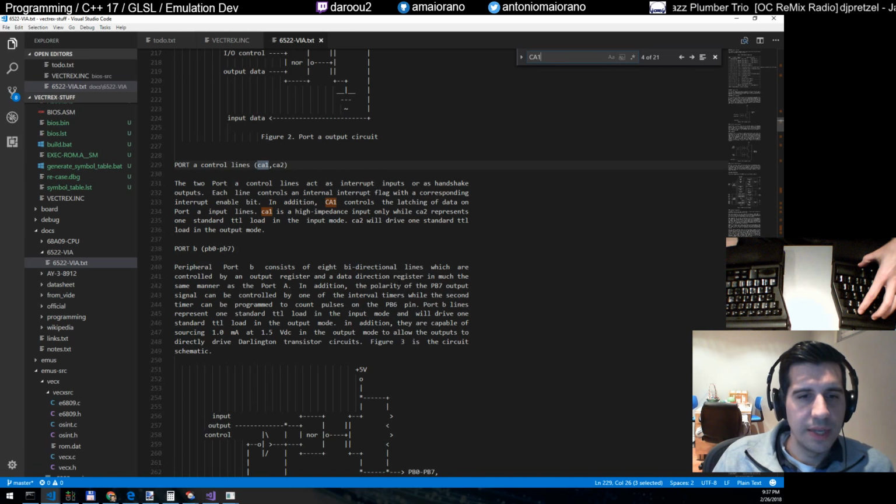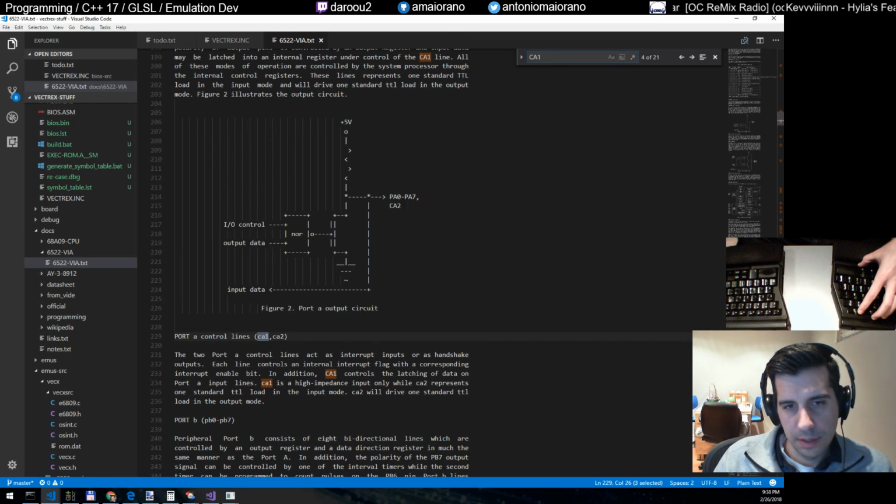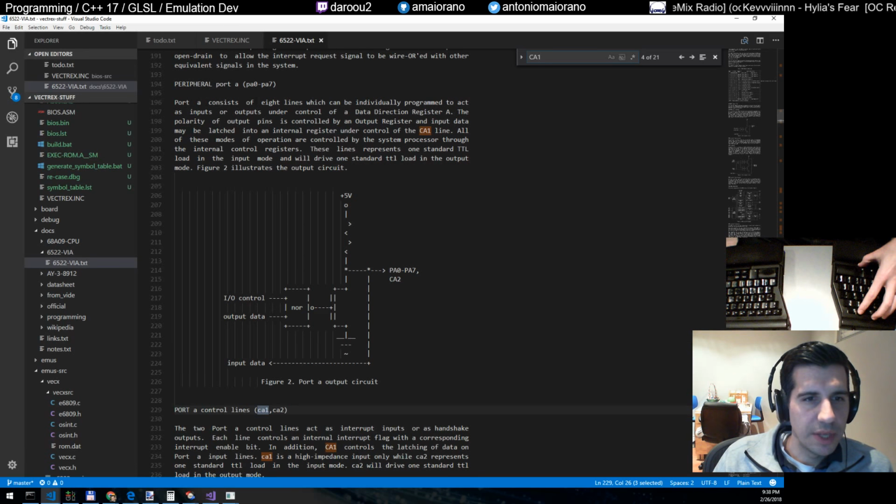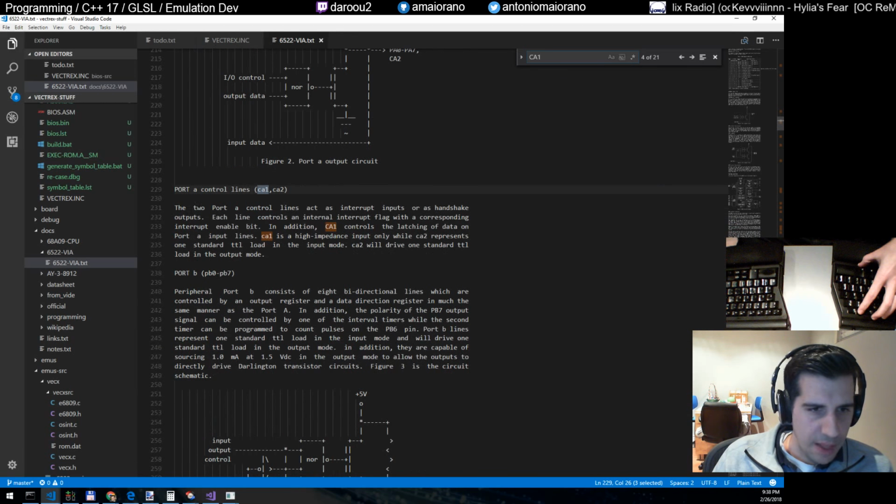The 2 port A control lines act as interrupt inputs or as handshake outputs. So this is CA1 and CA2. These are port A control lines. Port A0 to port A7, CA2. So port A consists of 8 lines, okay, right. The two port A control lines act as interrupt inputs or as handshake outputs. Each line controls an internal interrupt flag with a corresponding interrupt enable bit. In addition,